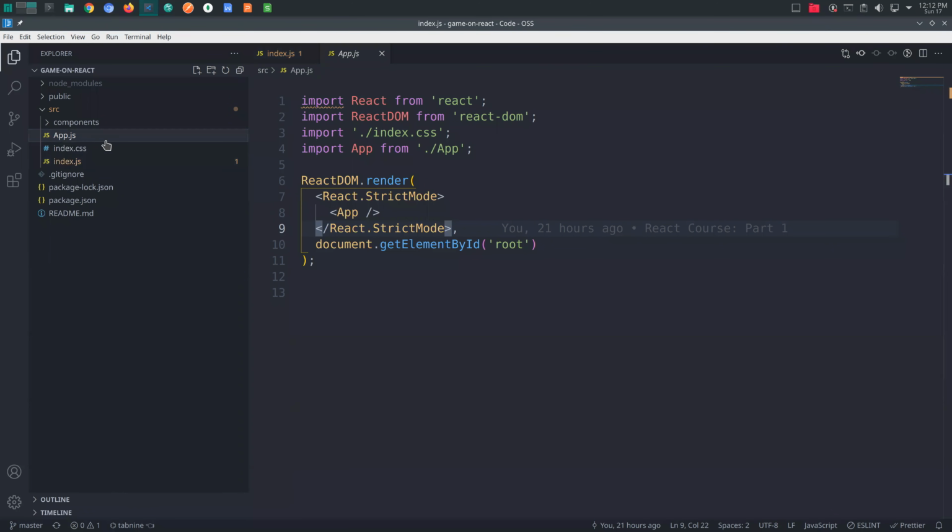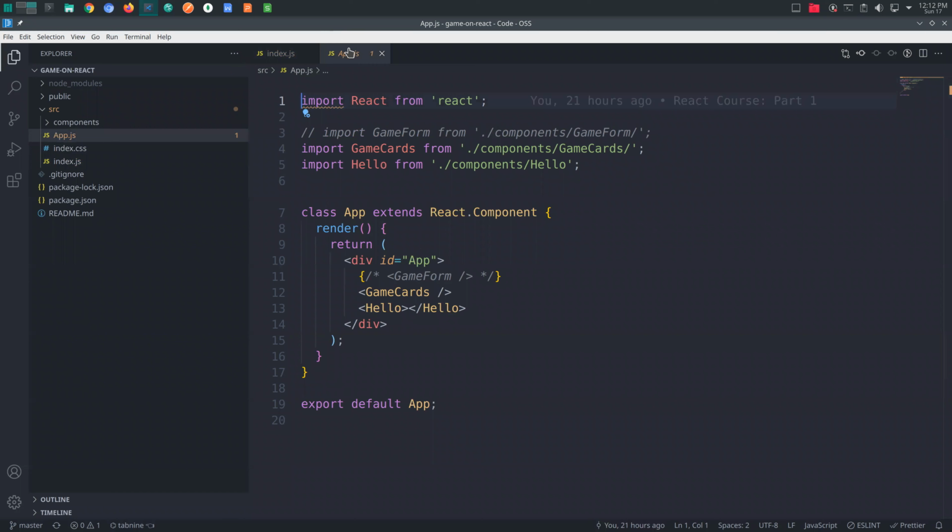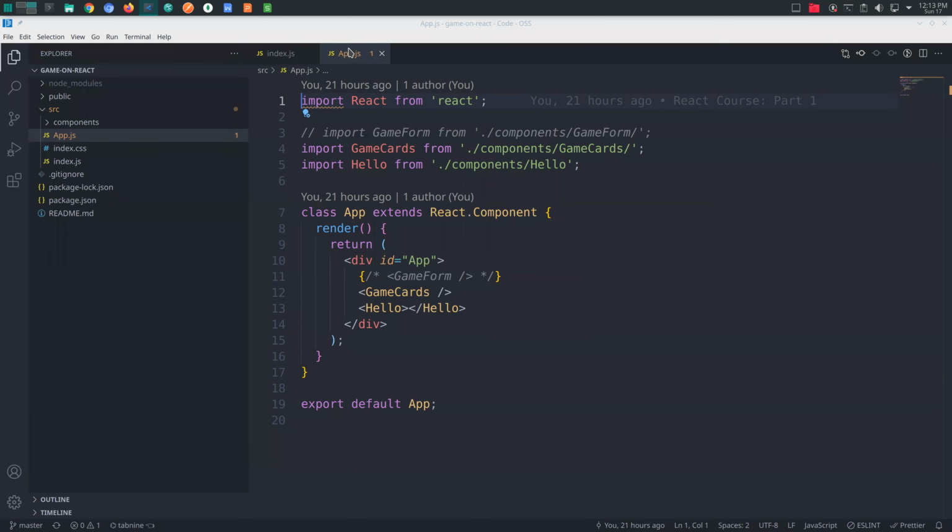So what do we have in our app.js, which is the biggest parent? Like we talked about yesterday, we need to imagine React components as having a hierarchy like trees, a bit like HTML, where you have one big parent. In HTML, that's the html tag. Then you have a smaller parent, that's the body, etc. In React, it's the same. All components have a parent, and all components can have children. And we saw that through